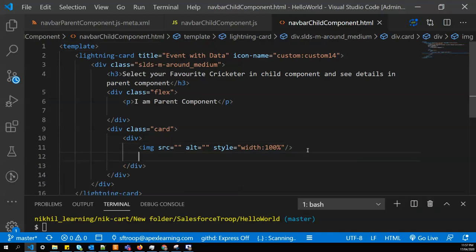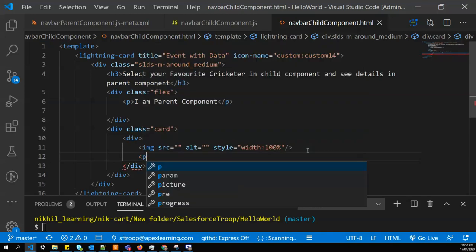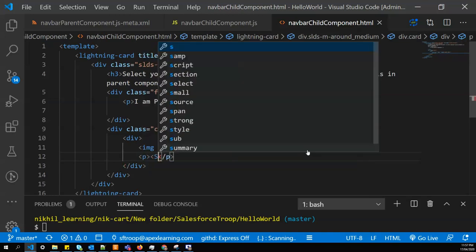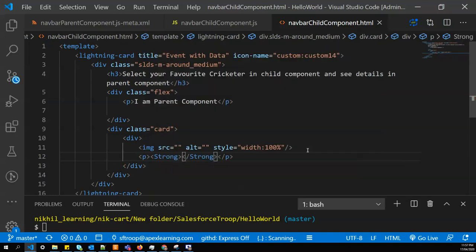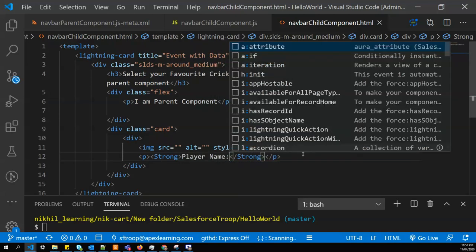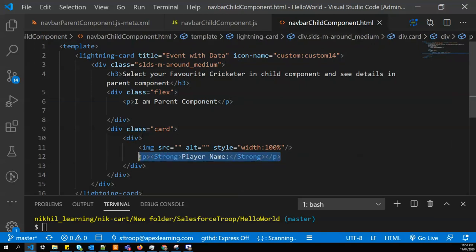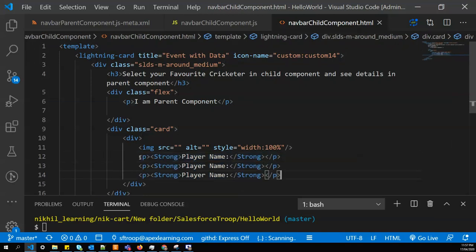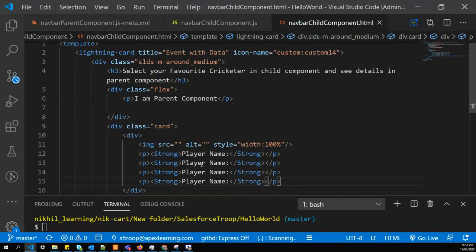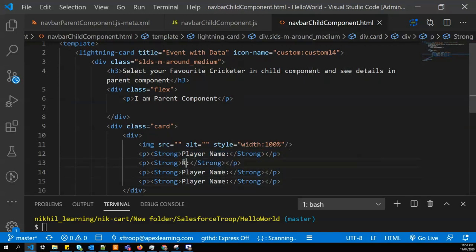In the card we need an image, we need some text. So the text is player name, and here I'll just copy paste it a couple of times. I need player name, its ranking, the country name, or rating.